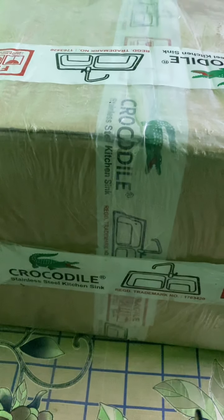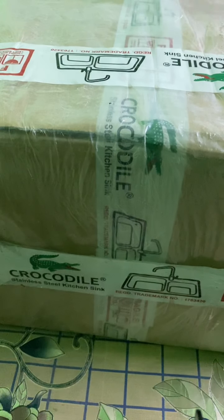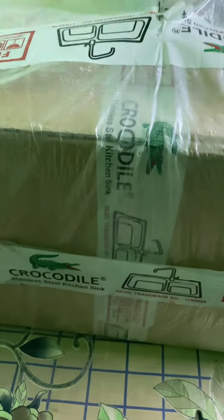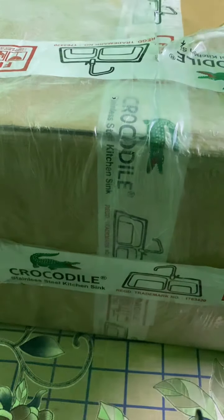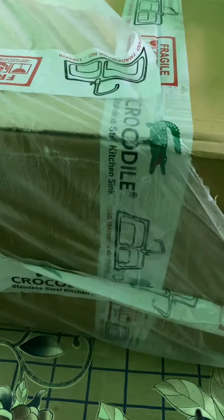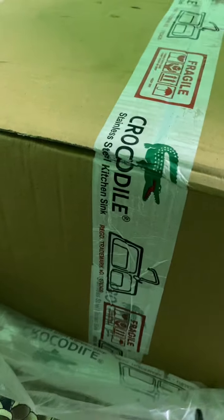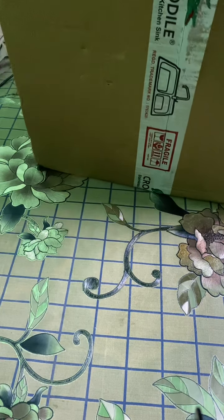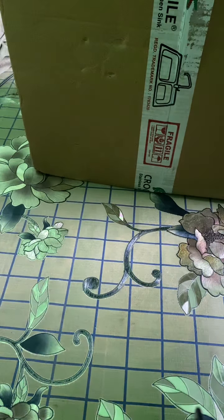So the outer cover is plastic, and we will just tear the plastic with this spoon. This is a knife, and here we go. Yes, we have this, and let us open this. Yes, the cover is almost removed, and this one is a little bulky, so it will take some time to unbox. And here we have,